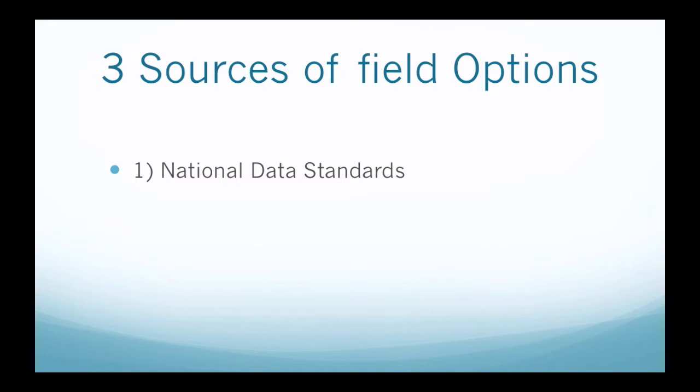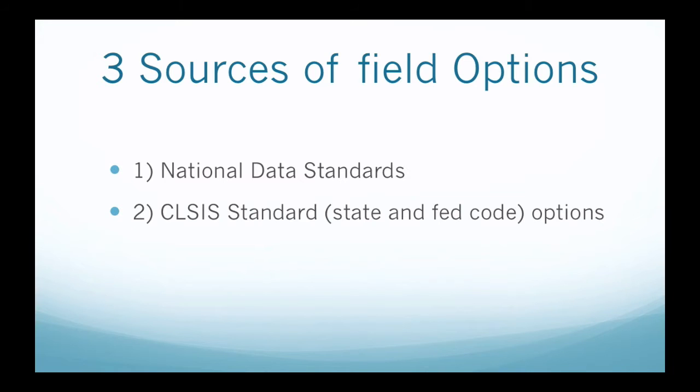So we actually bring those options in over the top of another very standard place for options, which is the CILSIS standards. They're the ones that were already in CILSIS. And where we've had things in the CILSIS standards that need to be mapped into the new National Data Standards, we have done this. That's why you might not find the exact same wording, but you'll find that it'll still be the equivalent. But sometimes there are things in CILSIS standards that weren't in a National Data Standard, so we've added them as well. Kind of depends on the field. Some of them are brought in different ways and mapped in different ways. So some of them you often get new data standards options and CILSIS standard options,